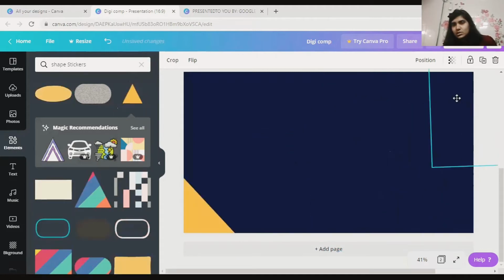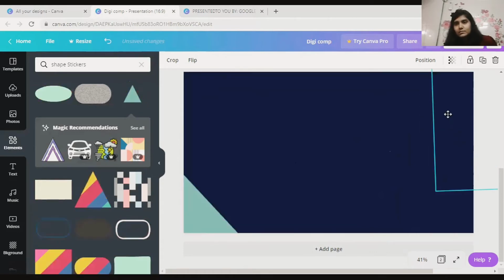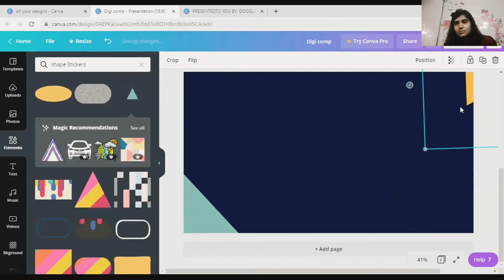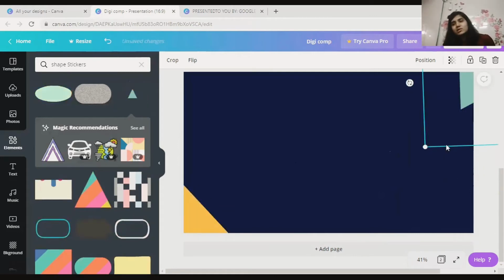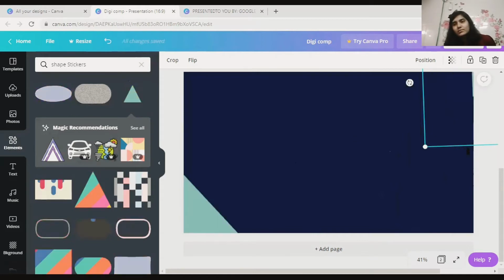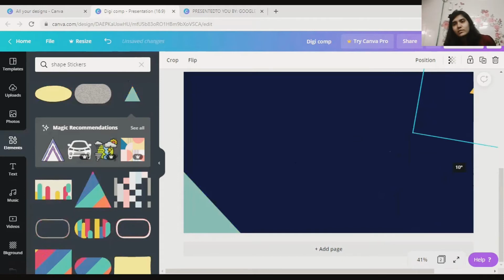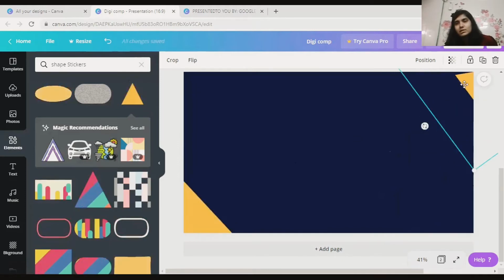I just change the columns again, right? It depends on what kind of designing you're doing. If you do not want it to be so much moving, you can change it. You can always change it with other stickers and GIFs available, right?